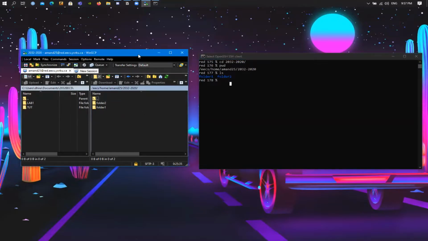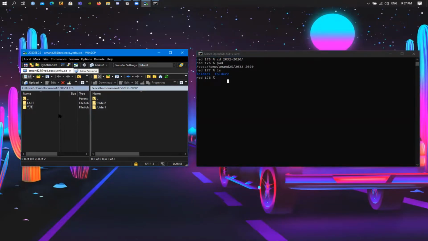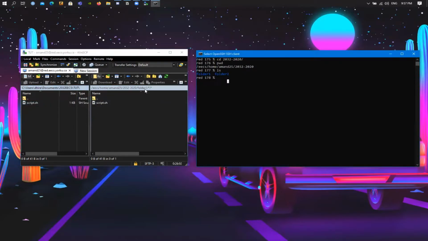Now, since Whimsy already explained how to copy a folder from your local machine to your host, which is the red server, I'm not going to be showing you that, and I'll be using the graphical user interface here. So let's say you want to drag one of the files in here. You would basically grab any file from your local host. In this case, I'm going to be using the script.sh, and you just drag it over. So we dragged it in the folder 1, right? So if I were to go to folder 1,